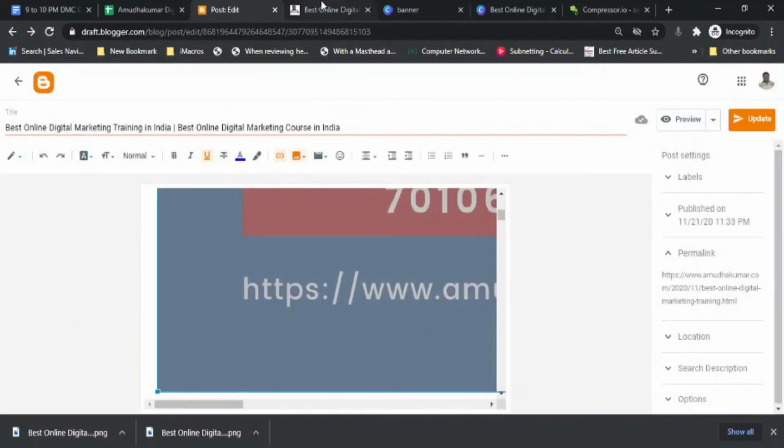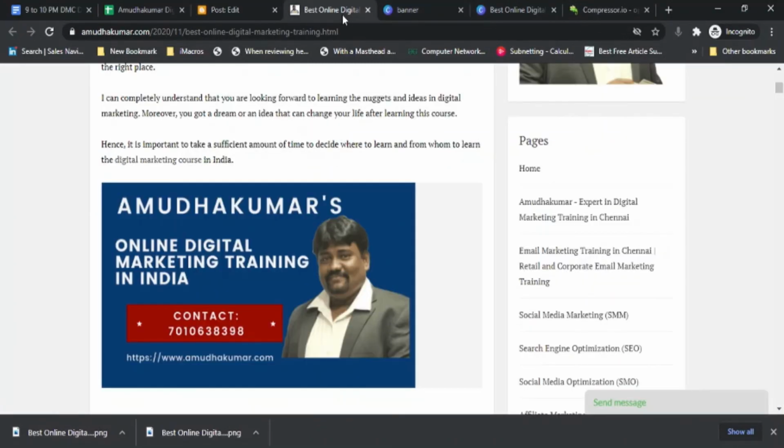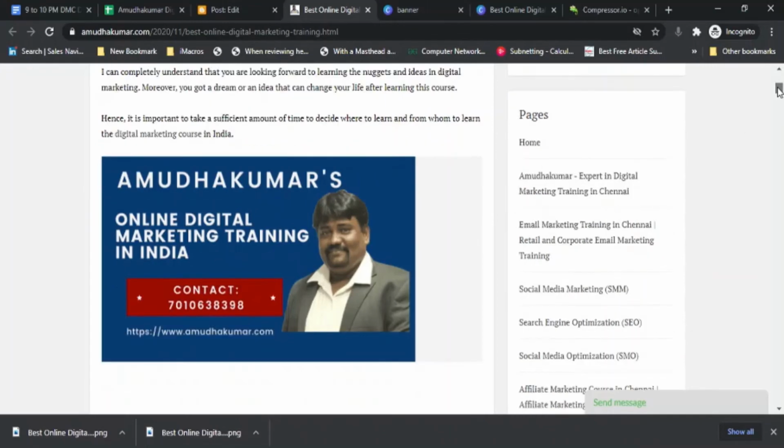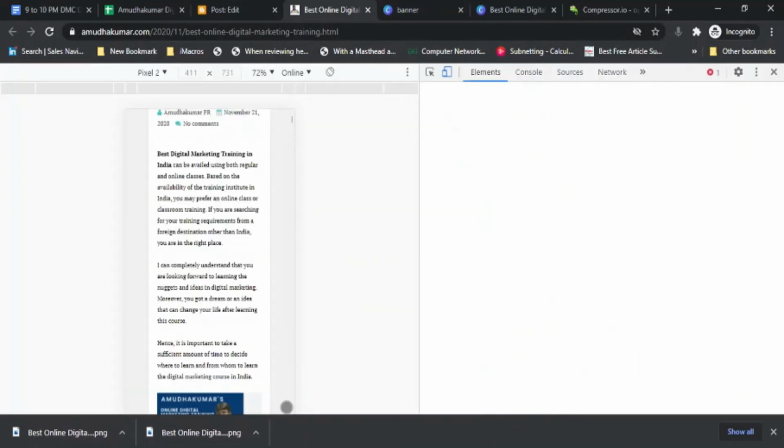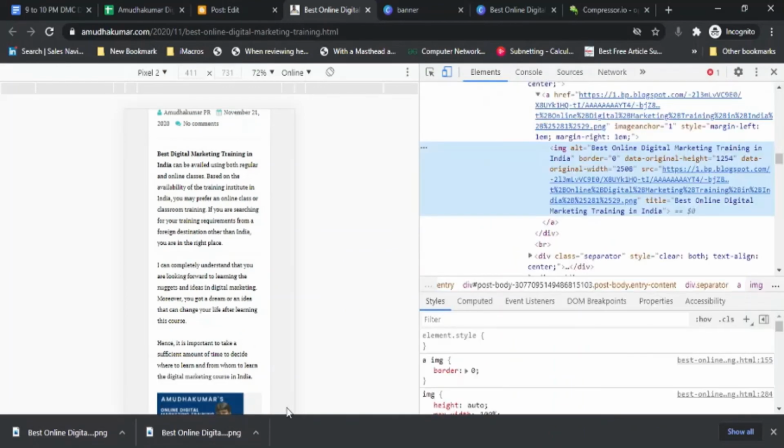Now what we need to do, once we have added the alternative text inside: alternative text is for the search engine spider to understand. It is not for you and me. Okay, it is for the search engine spider to understand. So if you want to check whether the alternative tag is there inside the image or not, what can you do? You can right click on the image and click on the inspect element option. So this is how you can audit a website's image optimization.